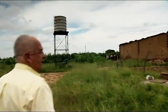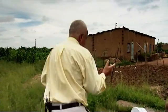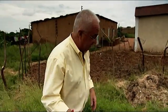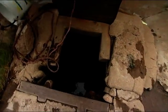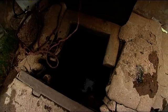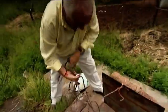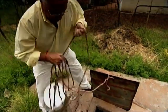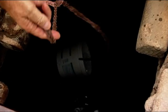Okay, I just want to show the water supply that this creche and the school and the church and in fact the community had prior to us putting in the play pump. This, you can see, is an open well, and they access the water using a rope and a bucket, just by throwing it down into the water. And the problem with this is that this area is called Winterfeld, and the water table is very